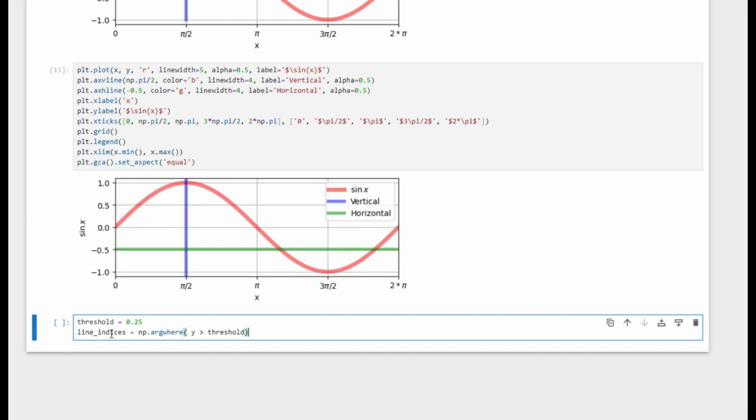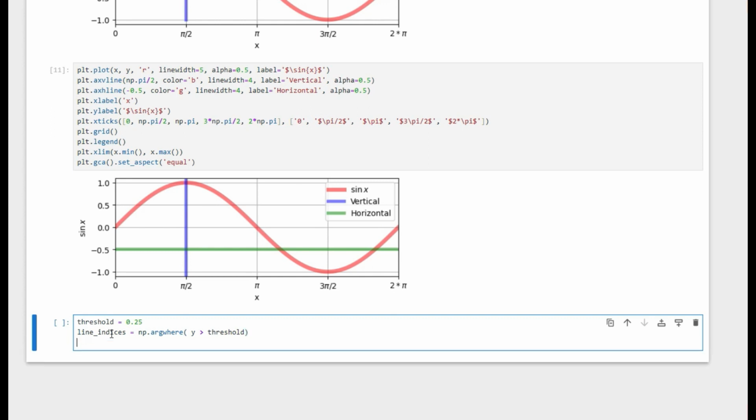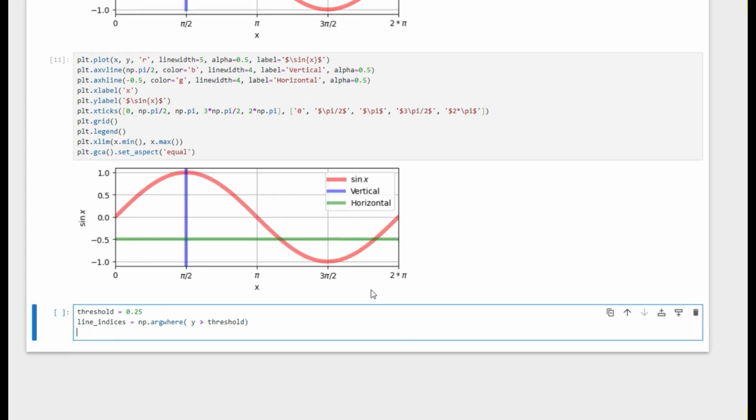Okay, so now we need to find the x-min index and x-max index from these line indices first value and line indices last value. Okay, so we are taking all these arguments where the y value is greater than this threshold value, and then